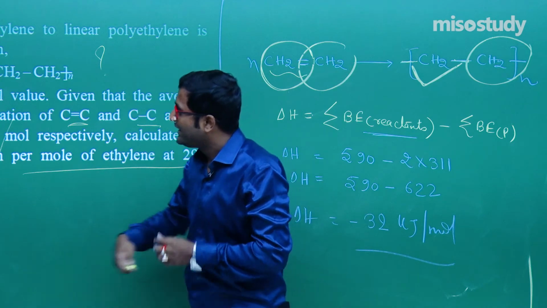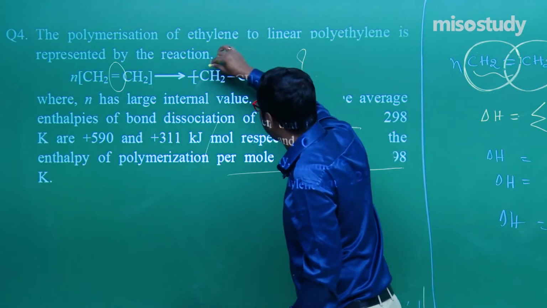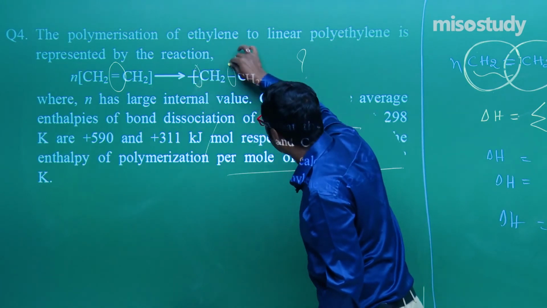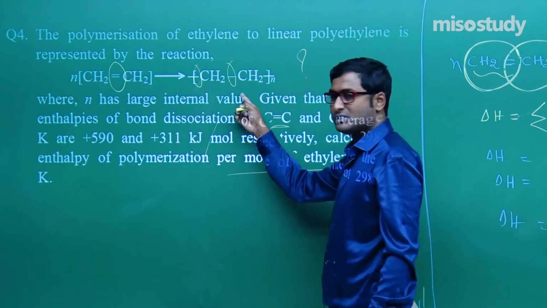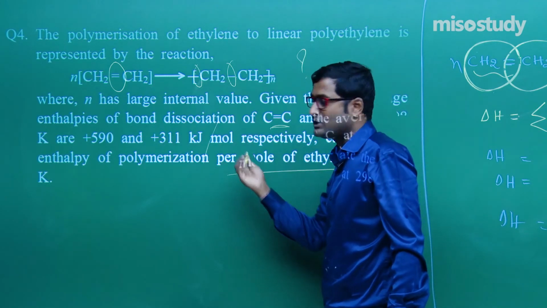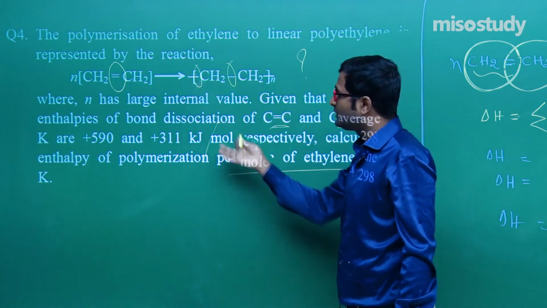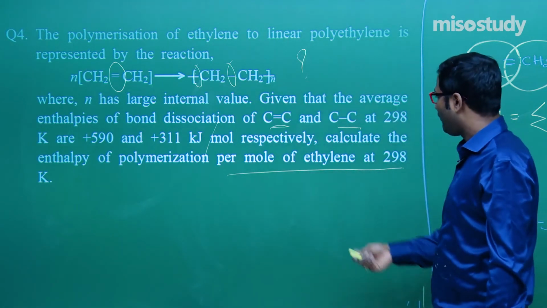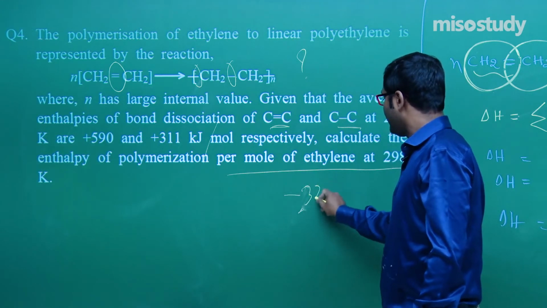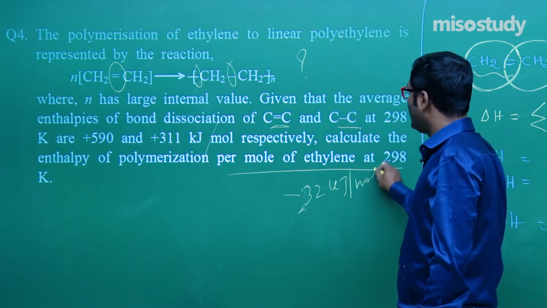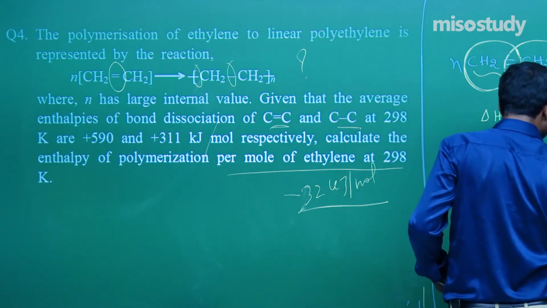Check out the question. If there is a presence of a double bond, then this will break. One double bond breaks, and there is a formation of 2 single bonds, and we know delta H is equal to bond energy of reactants minus bond energy of products. If you put in the values, you get the answer. So for this question, the answer is minus 32 kilojoule per mole. Clear? Now I'm going to rub this part, friend, and we'll discuss the next one.